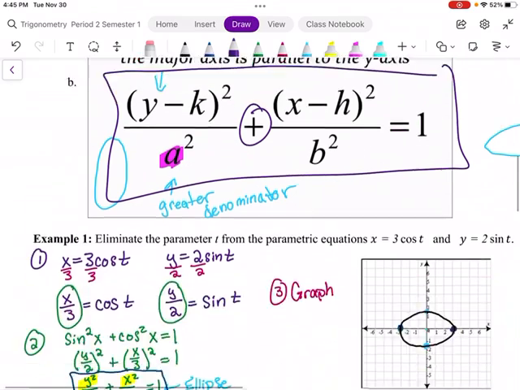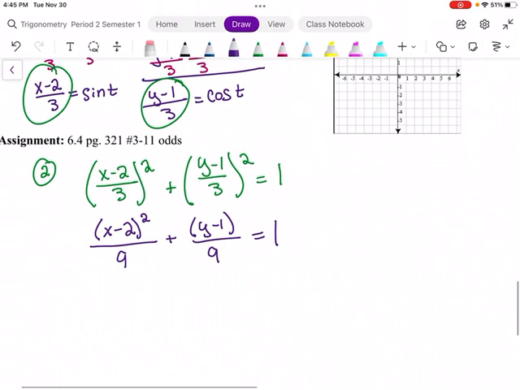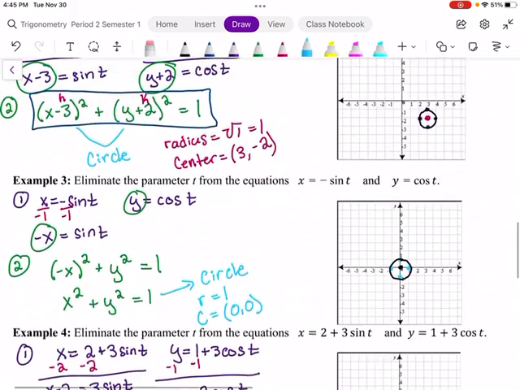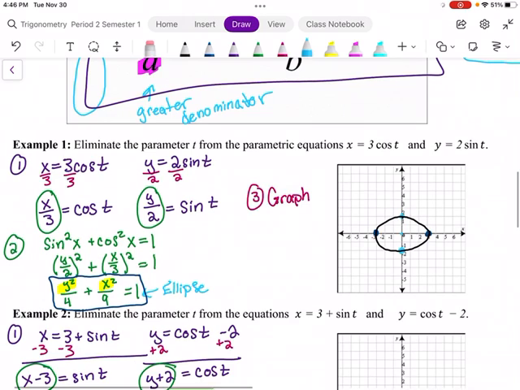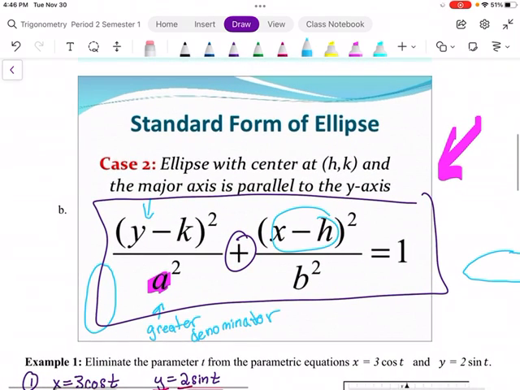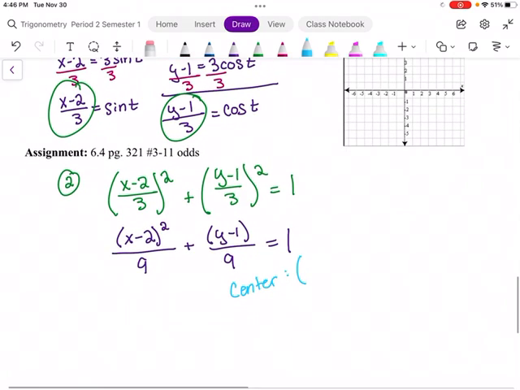So when we're doing this, we're going to look for the center of our ellipse. And again, this is going to be our (h, k). H goes with the x, k goes with the y. So our h is going to be 2, k is going to be 1. So if we go and we graph our center,